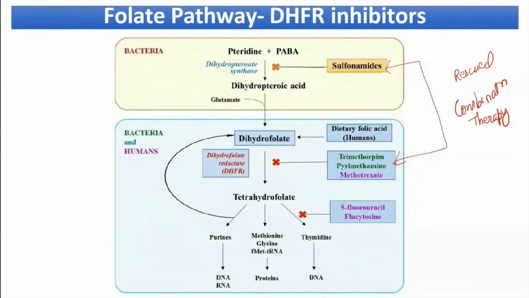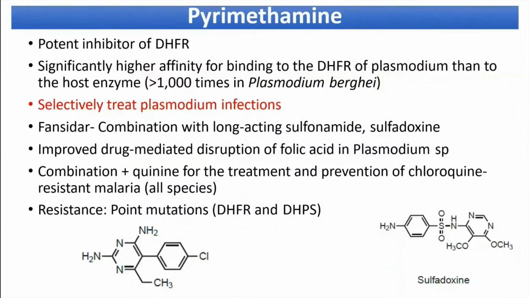rescue process. So this is the summary of your folate pathway, and what we'll be studying is agents which are used as anti-malarial specifically, not antibacterial in general. So for your syllabus, the first agent is pyrimethamine, and pyrimethamine as a DHFR inhibitor is a very potent DHFR